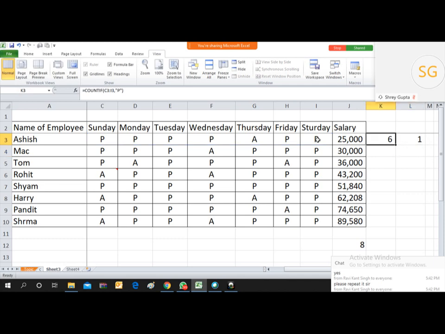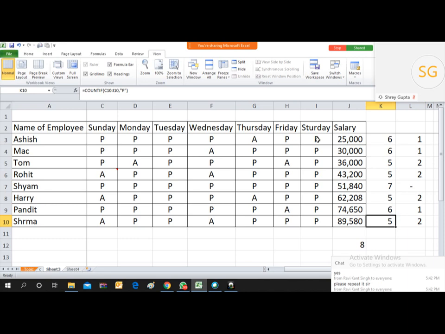Now you see friends, Ashish was present for 6 days and absent for 1 day. Now you just copy this formula and drag it to the lower side. Against every name of the employee, you will be able to calculate how many days a particular employee was present and how many days absent.